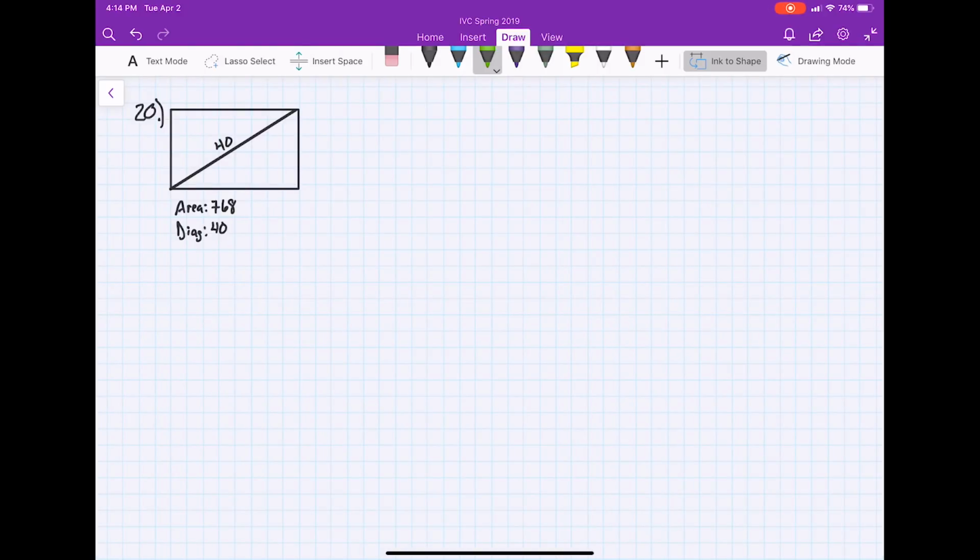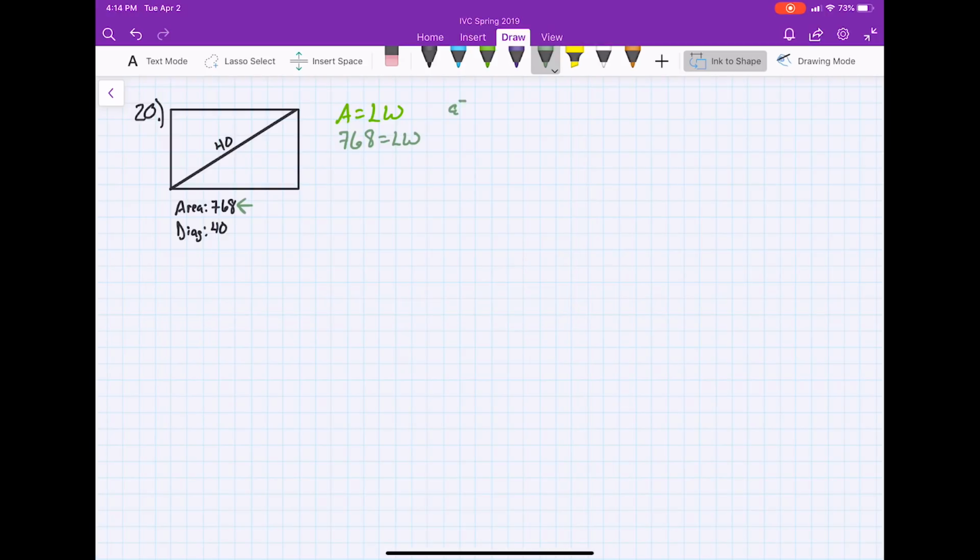Okay, moving on to number 20. The area of a garden is 768 square feet, and the length of its diagonal is 40 feet. Find the dimensions of the garden. Well, the area is equal to length times width, and we were given the area, so we can just plug that in. 768 is equal to LW,